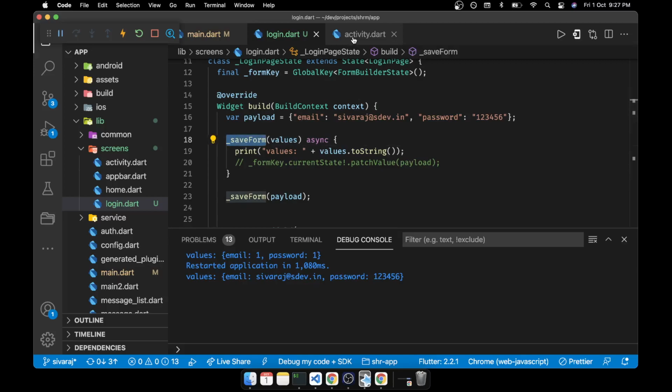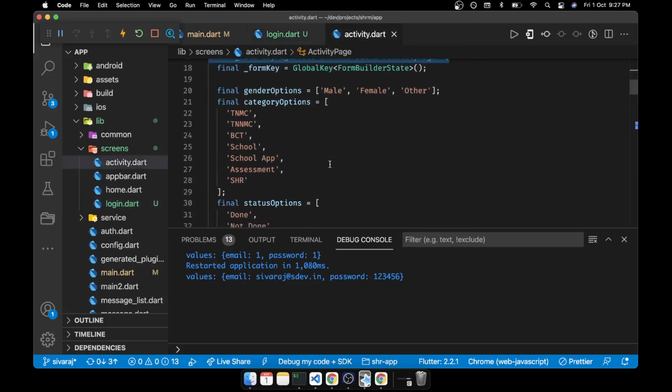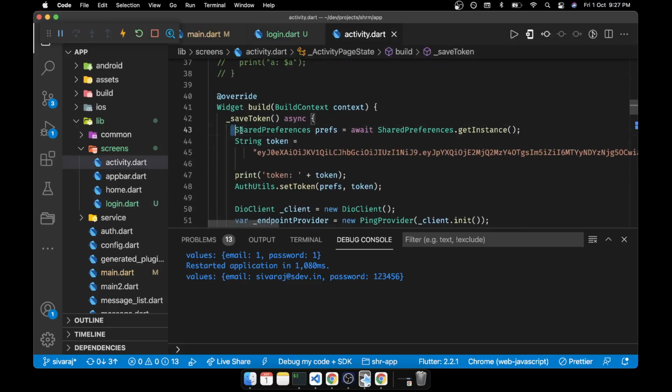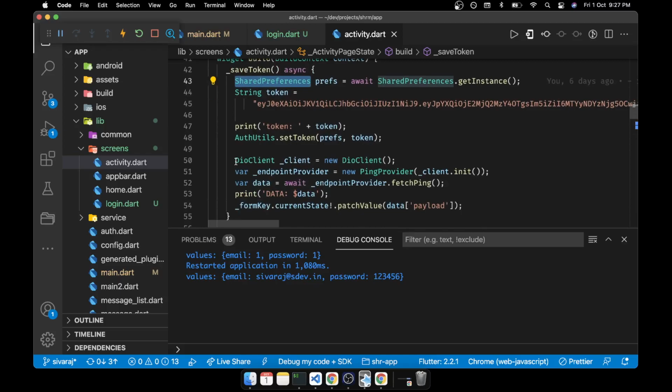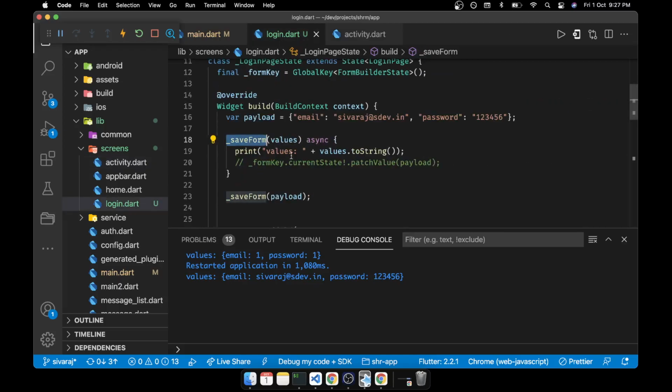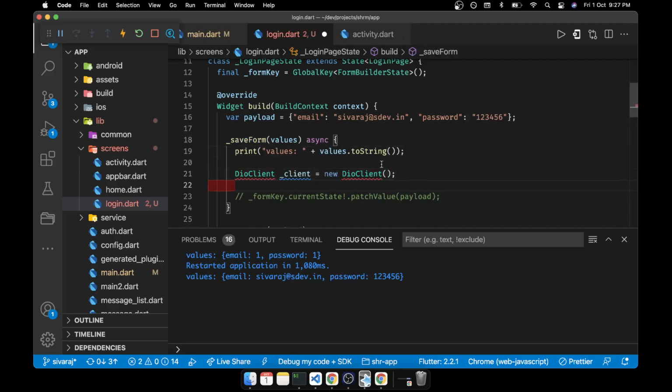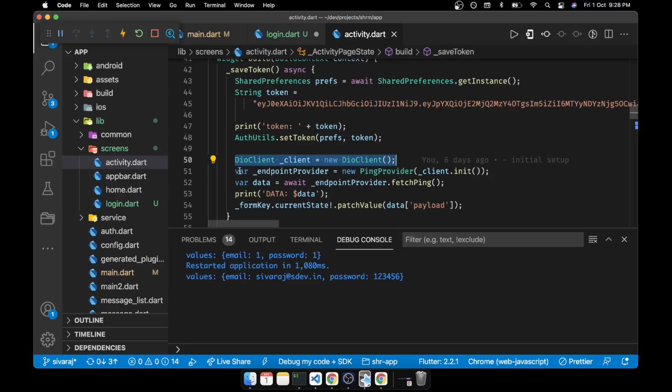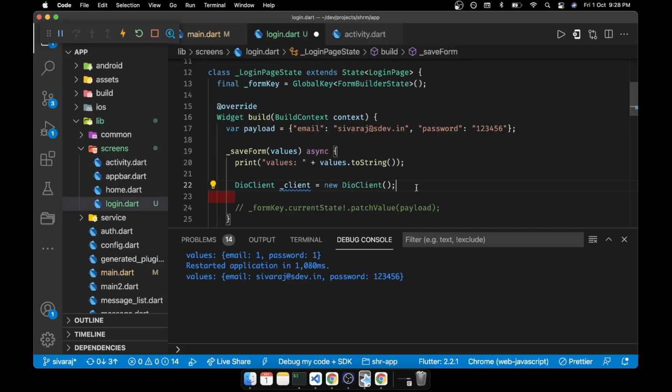Okay. After that, we wanted to introduce the post API server. So how do we do that? Again, one important thing, we have to do the instance of the token and then we have to pass it. Okay, so in our case that does not require, so we'll just take the DO client. After getting the DO client, what we have to do? Then we can take the provider and then fetch the provider and then save it. Okay, so we'll just copy paste these 3 lines. Only thing we can go and modify there.